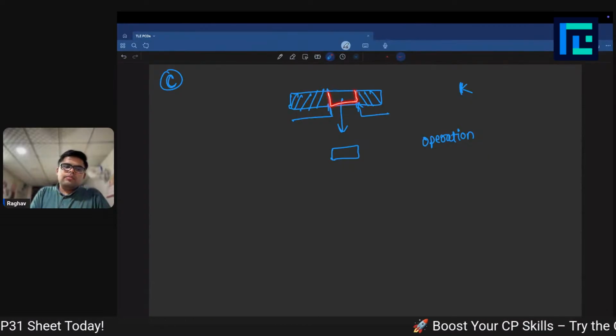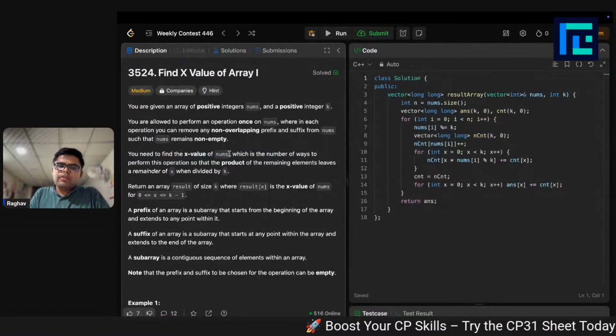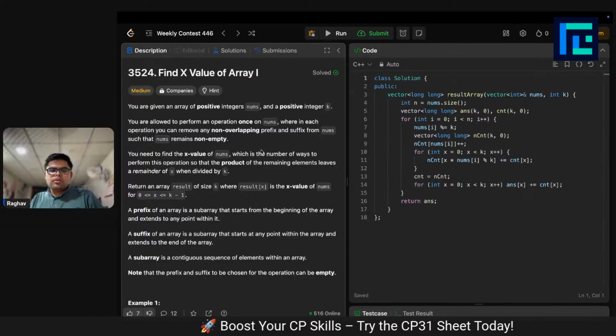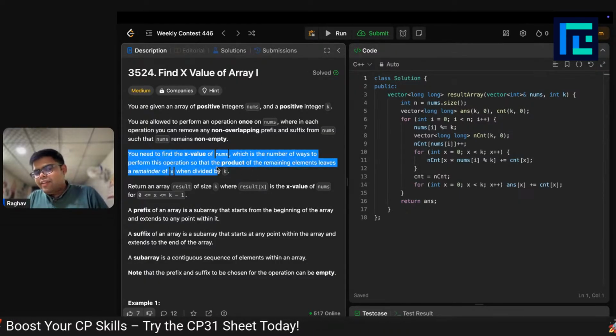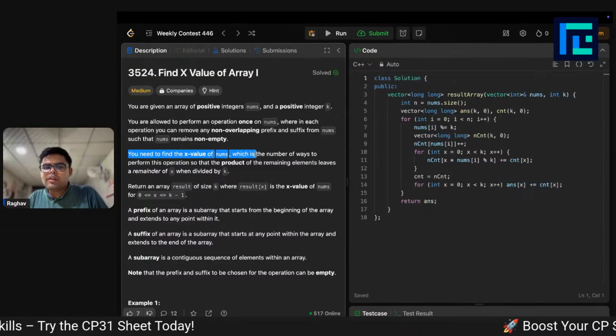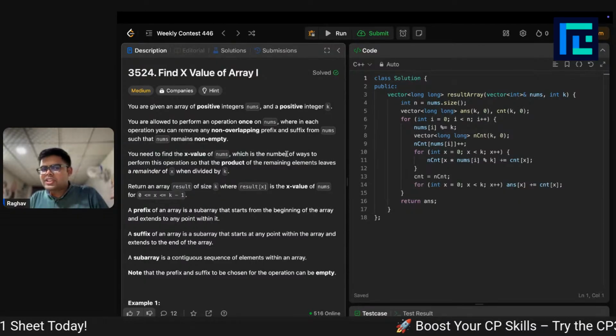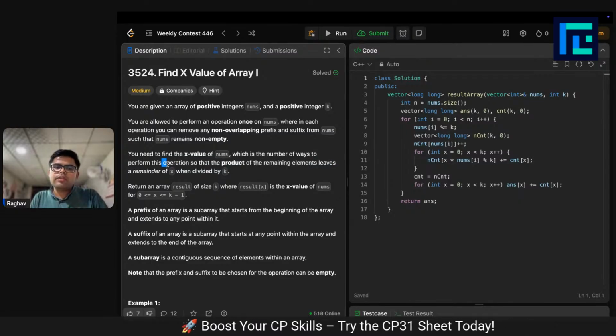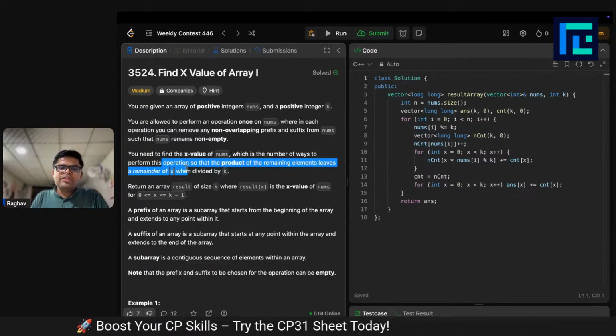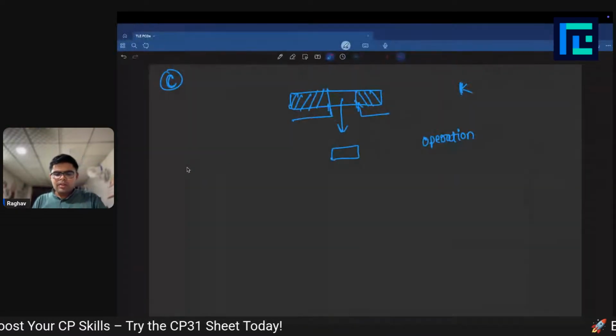And you need to find the x value of nums. Yeah. So whatever array we had earlier, we have to find out the x value of the array, which is the number of ways to perform the operation so that the product of the remaining elements leaves a remainder x when divided by k, which means